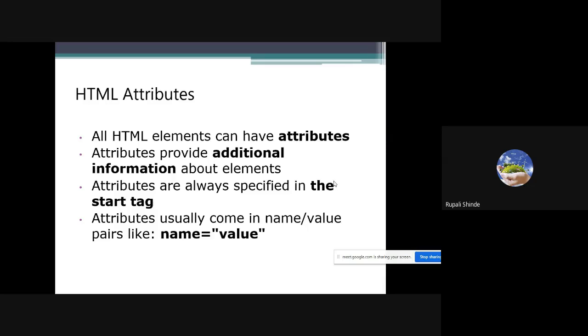Red is the value of the color attribute. That's why whenever you deal with an attribute, it should come as an attribute-value pair. Whenever you mention an attribute, it should be a pair, that is, attribute and value. Are you getting it?